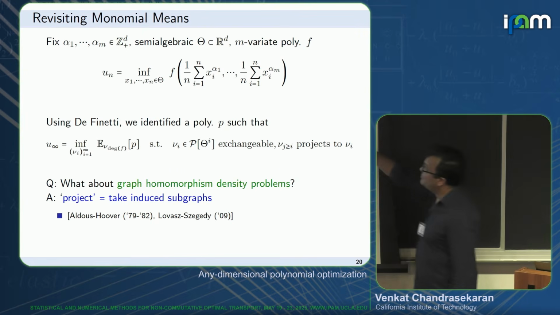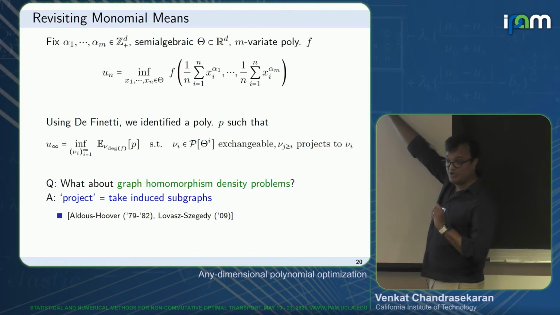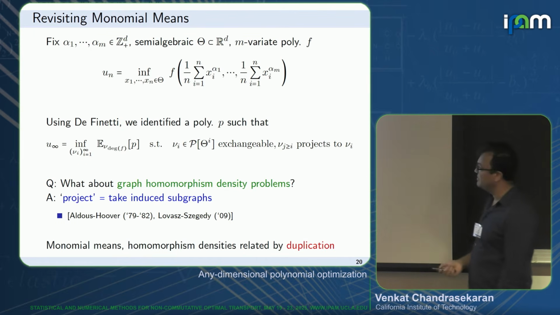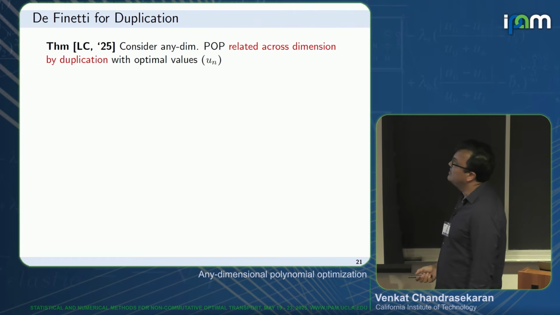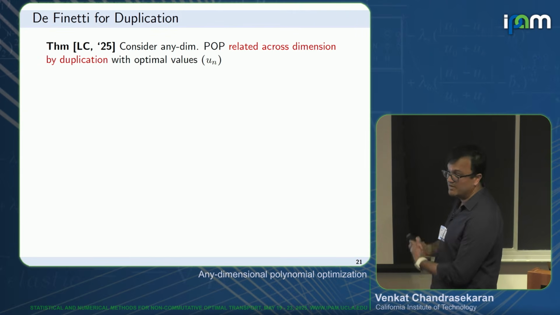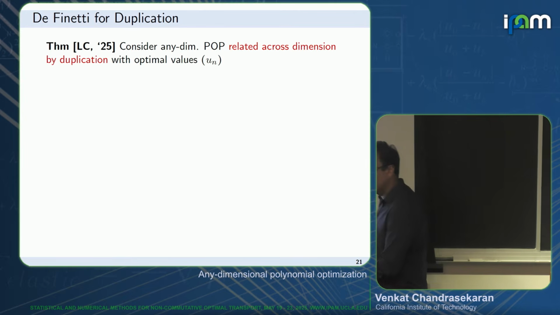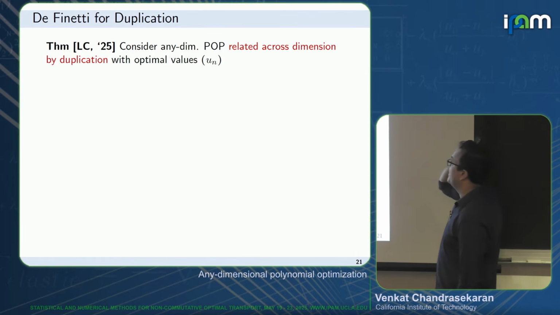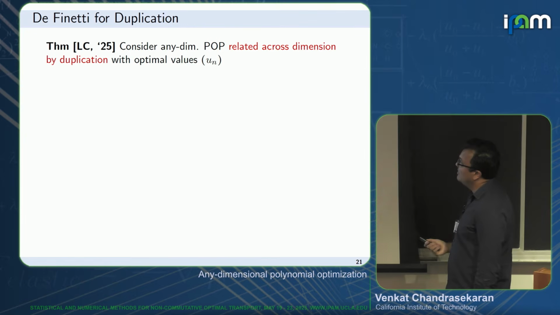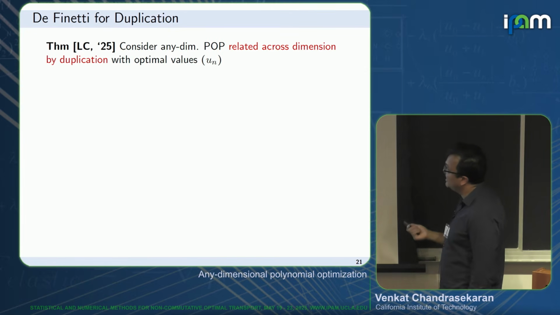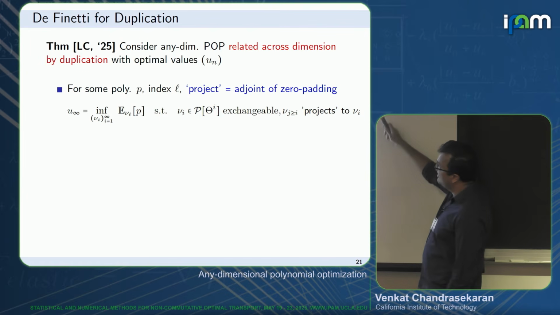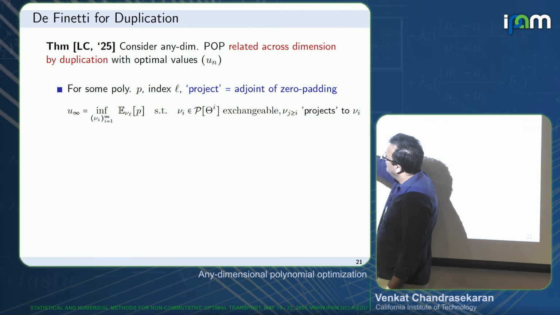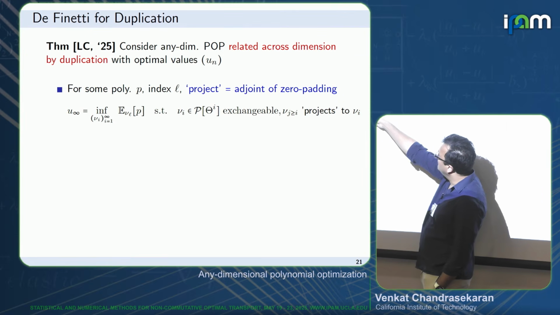Okay, this problem is related across dimension by duplication. So are the homomorphism density problems, right? So let's make a more general statement for problems related across dimension by duplication. If you have an any-dimensional POP with a sequence of optimal values u_n, and the sequence of POPs is related across dimension by duplication, it turns out that you can write down a characterization of the limiting optimal value